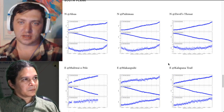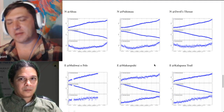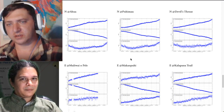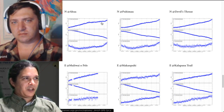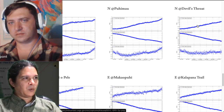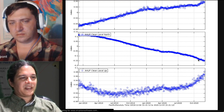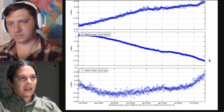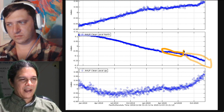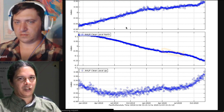Right. As we've been saying, now it might be refilling in that section. Right. These are the south flank stations here. You can see they have little bumps to the east on many of them as well, and a lot of them are moving to the south as well. But the interesting thing is some of these stations are actually moving to the south faster in the last few months than they were the few months before that, right? So that's interesting. The south flank is certainly an important consideration in this whole discussion,